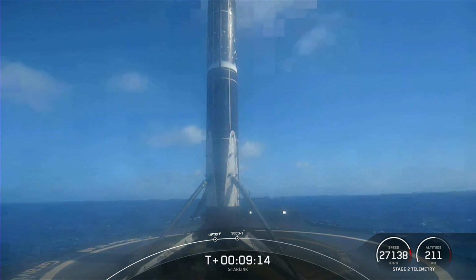Nominal orbit insertion. And we also had SECO 1 as well as that call out right there. Let us know that we had a good orbit. Great news overall. We are now awaiting the deployment of our